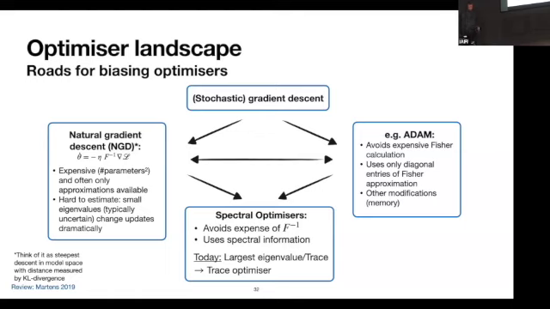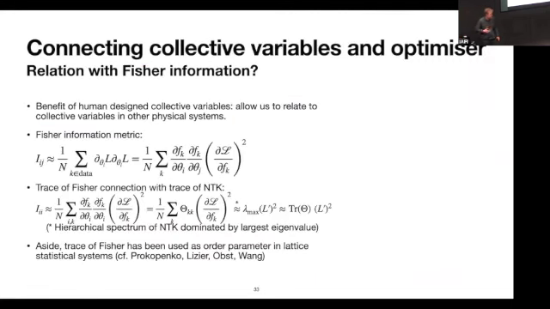Today I want to show you some results for using the largest eigenvalue, in particular here again the trace essentially of this object, and that's our trace optimizer. So why is the trace related to the Fisher? If you look at the empirical standard way of evaluating the Fisher metric, and you look at the trace of this object, you see that the diagonal components of the NTK start to emerge.